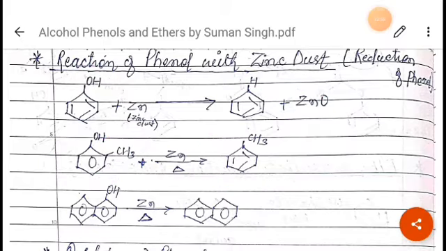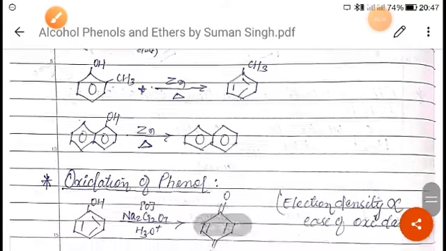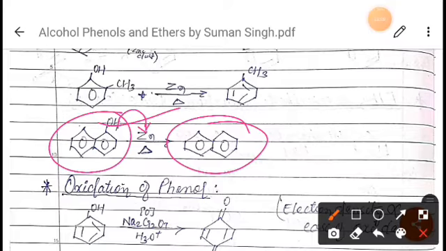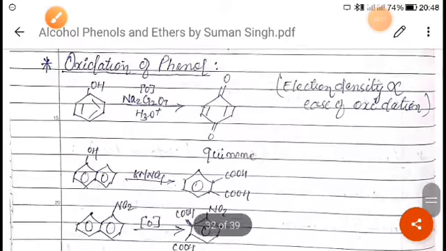As you can see, this one is changing into this. Now next, when you are using zinc dust here, OH will come out from here, right? Now after that, the last one is